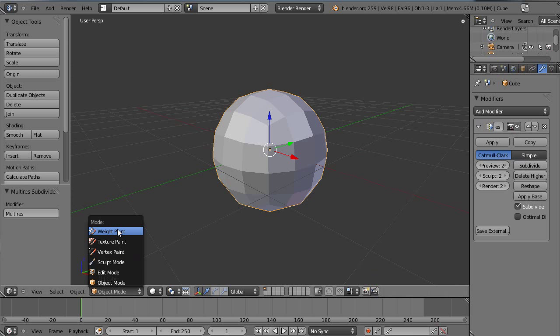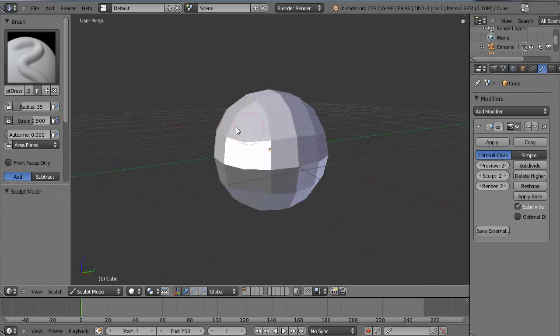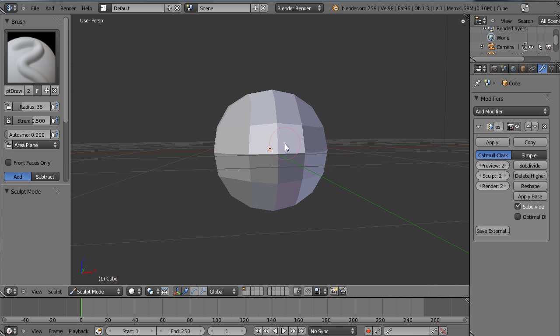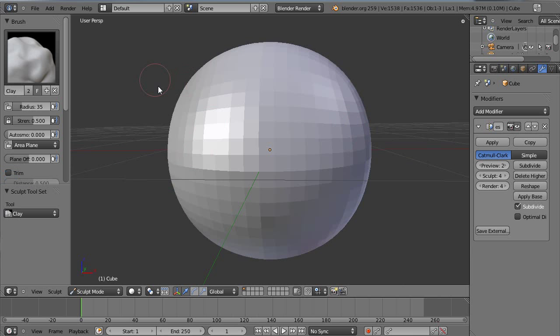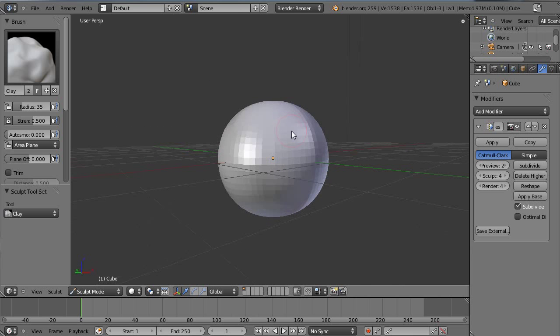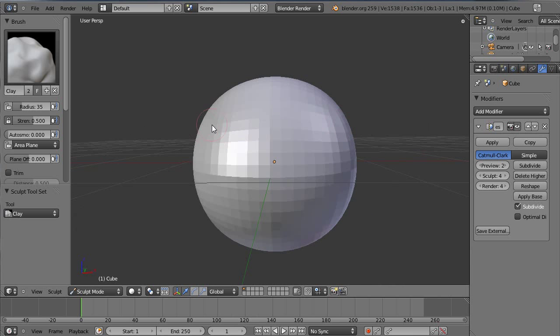And then in sculpt mode you can start to sculpt out the form and give some shape to the head as it is. Generally you want to get the shape down in the lower two or three levels, and then as you go up start to define some shapes. Because I'm not going to bother with the actual forehead shape, I'm just going to bring in a brow line with the clay tool along here.